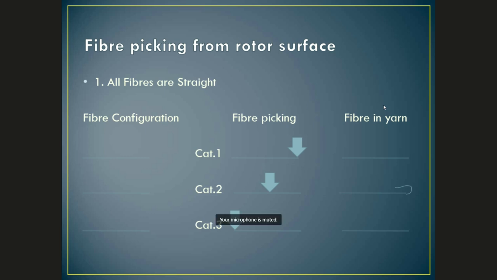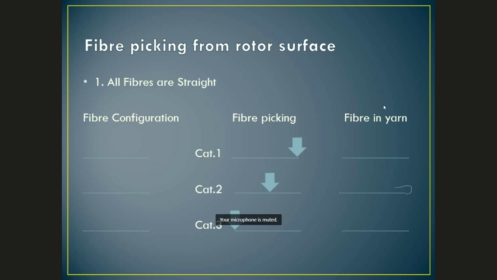Now suppose this fiber falls in the second category, where part of the fiber is in the transport tube and part of the fiber is on the rotor surface, and it is being picked by the yarn tail. This is the point that I'm indicating, the yarn tail where it is picking the fiber. The moment it picks, it will form a leading hook. So a leading hook formation is going to be in the yarn. Now the third category: the fiber is totally inside the rotor surface and it is being picked. It will be picked from here, because it is totally on the rotor surface and the yarn tail comes here, so this will be straight.